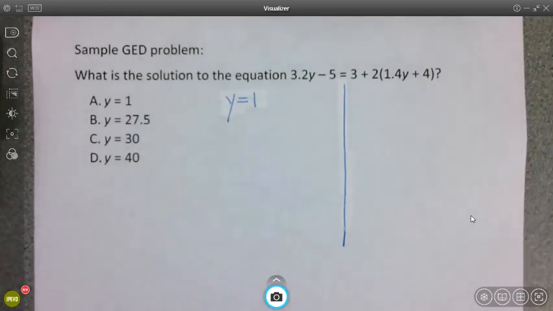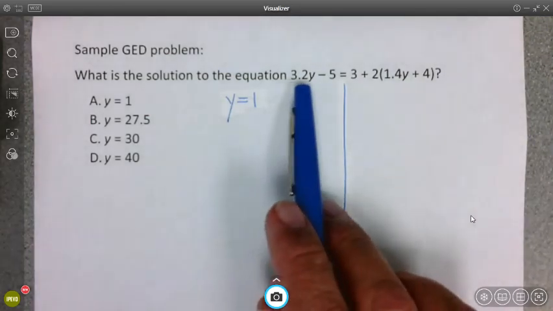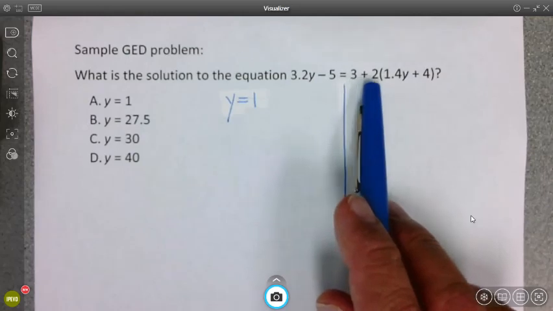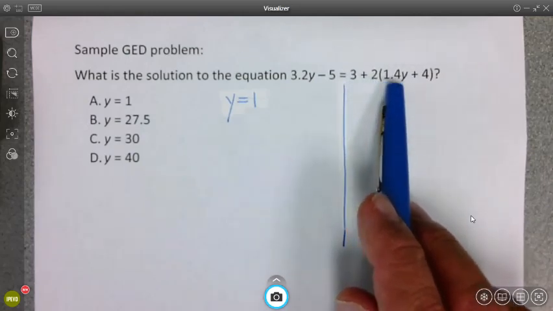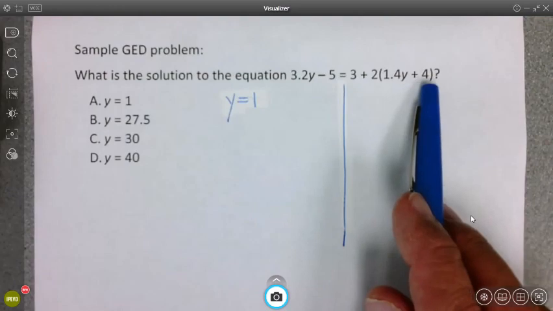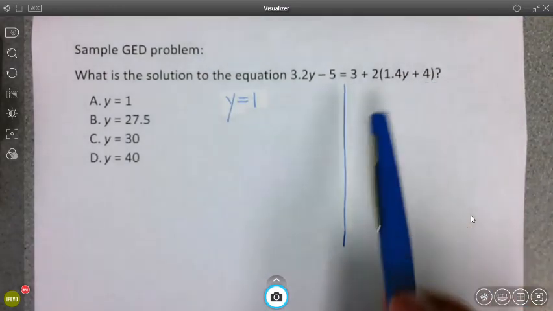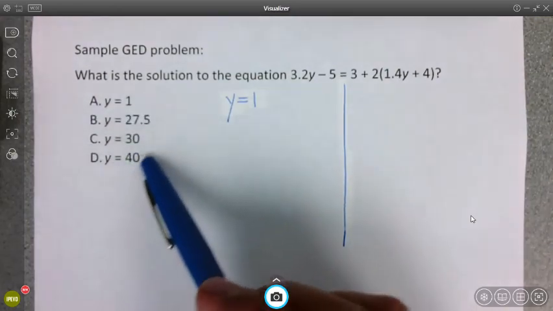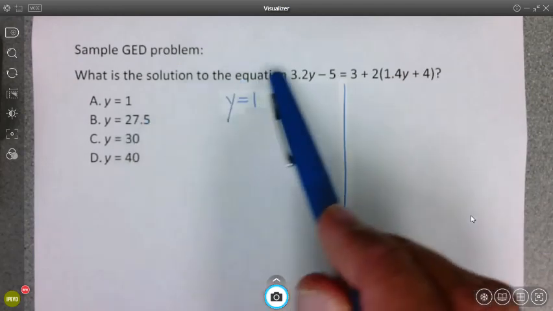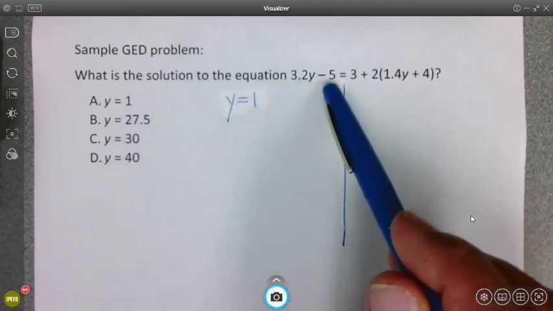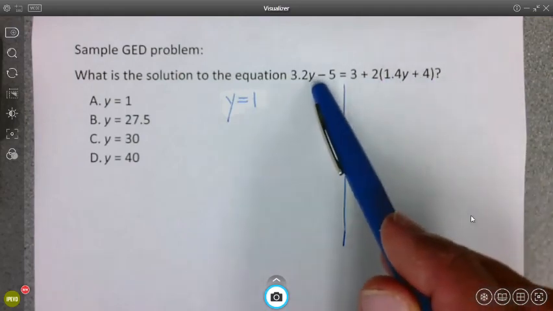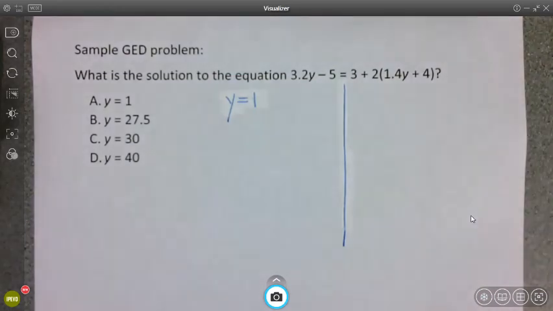solve a linear equation, I have the following equation: 3 2/10 times y minus 5 equals 3 plus 2 times parentheses 1 4/10 times y plus 4, close parentheses. Now solving the equation means that I need to find the right value of y, of which I have 4 choices here, that when I plug the right value into the equation, the left-hand side of the equation will equal the right-hand side of the equation when I substitute the correct value in on both sides of the equation for